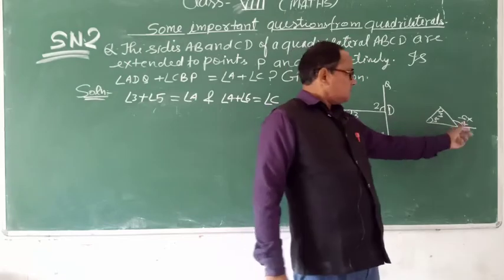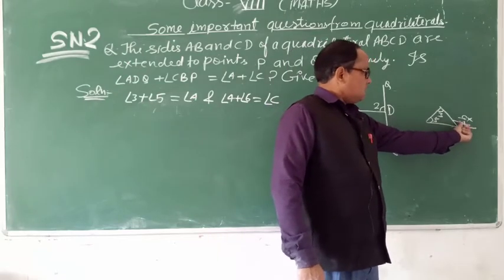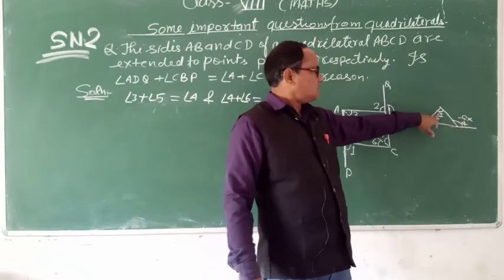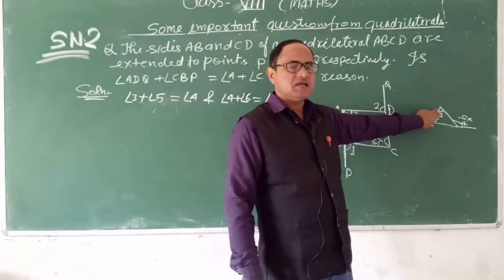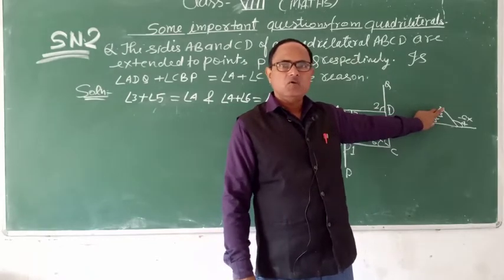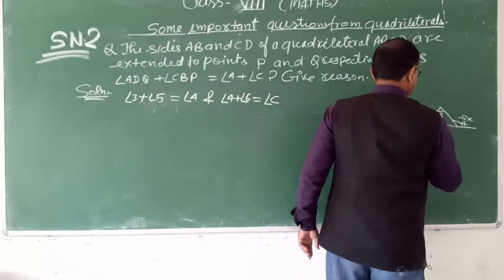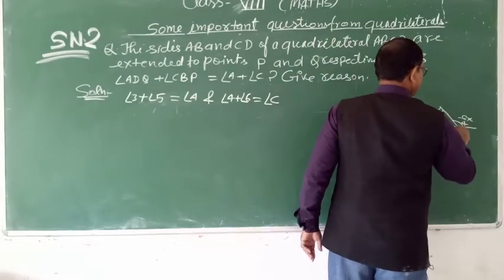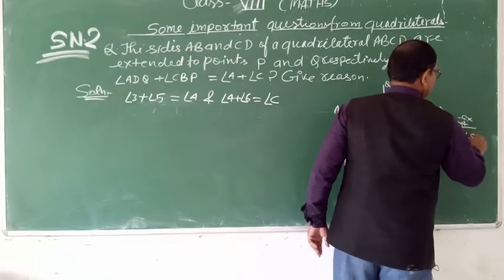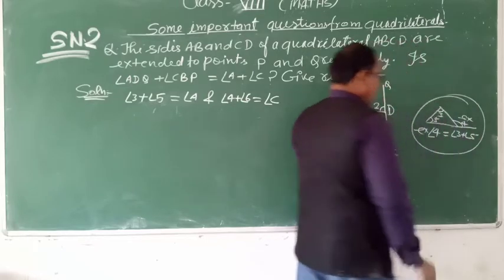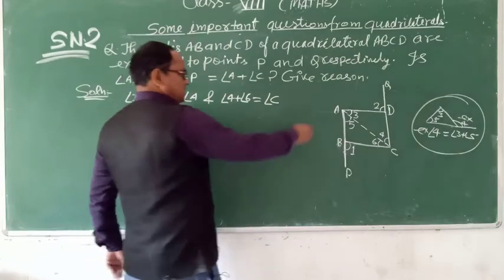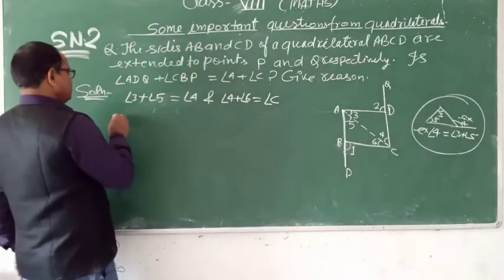In a triangle, the exterior angle is always the sum of the two opposite interior angles. Then exterior angle 4 is equal to angle 3 plus angle 5. On this basis, in triangle ADQ,